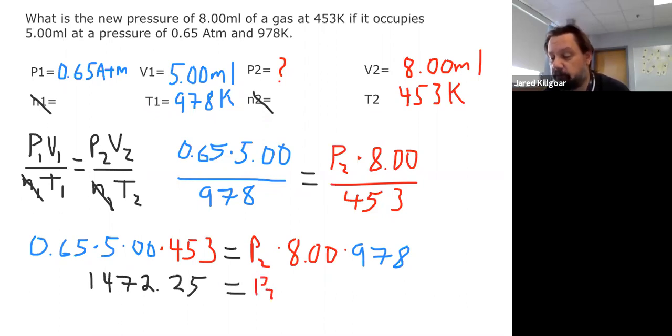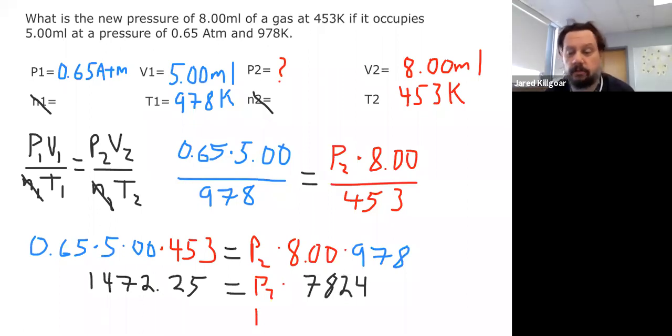Set that equal to P2. I don't know what that value is. And I take the product of 8 and 978, and I get 7,824. And I can divide both sides by 7,824. I want to do that because I want to calculate my value for P2, and I should get 0.188